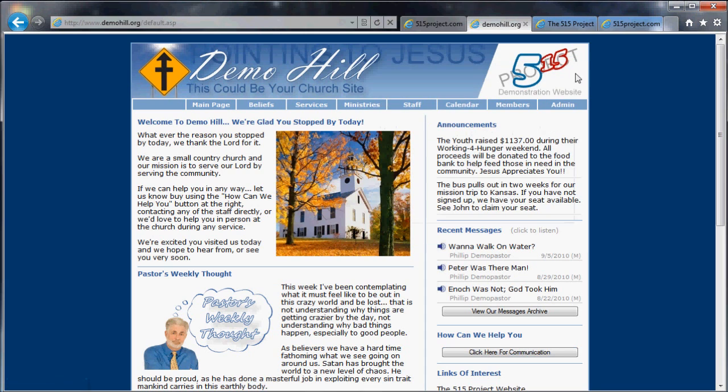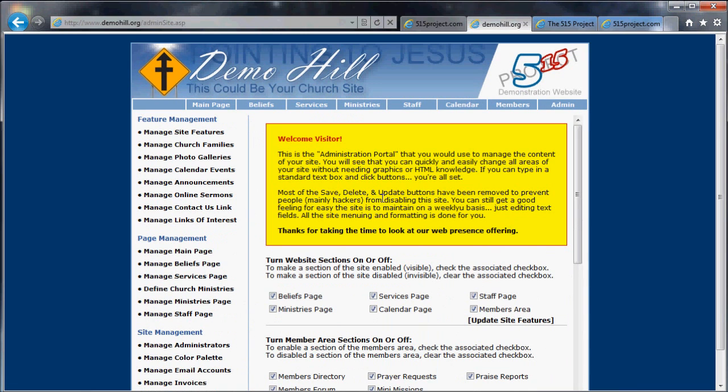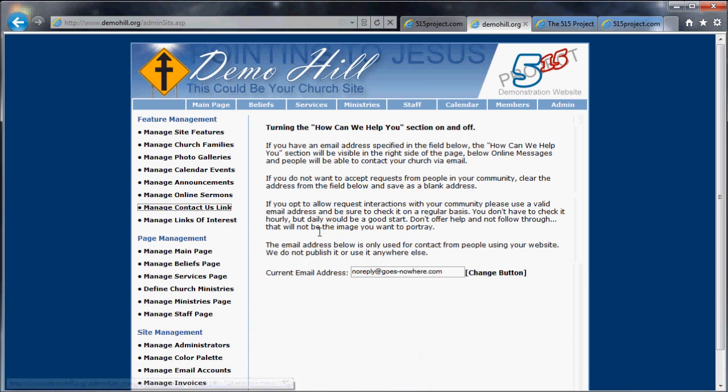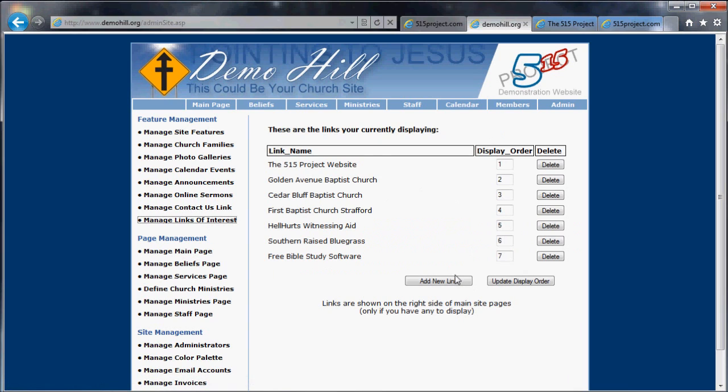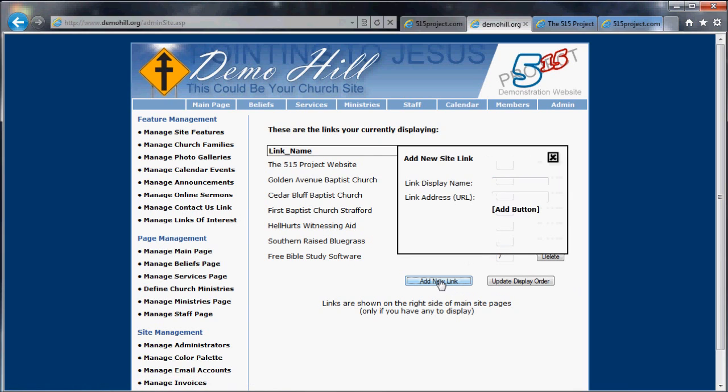So if you don't want to give this function, that's how you turn it off, by just clearing anything out of this contact us link field and saving it as a blank field. Your links of interest, easy to add things. You give it a name and put the URL in here. You don't have to include the HTTP